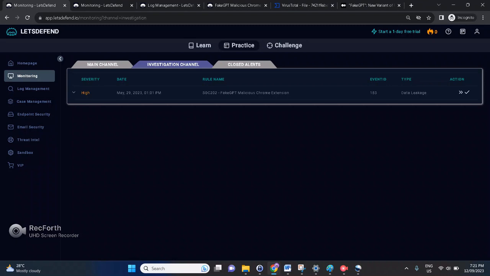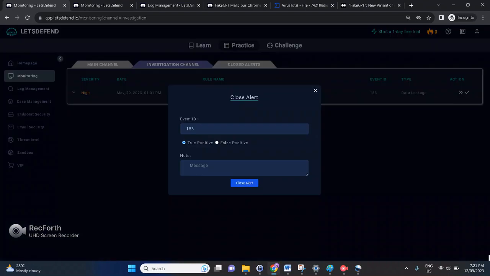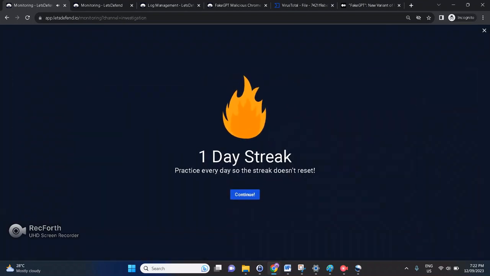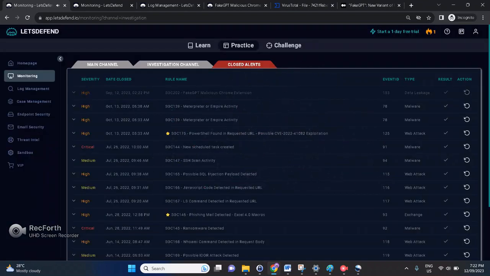Of course, all the remediations have been done, the cleanup, eradication, the blocking, so we can finally close the alert and give it a verdict of true positive. Alright, hope you learned some